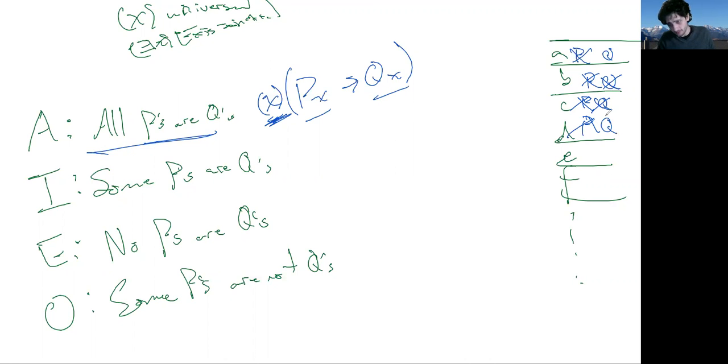The idea is, let's say we have all of these objects, and just like before, with the universal quantifier, we need to go down this list and make sure that this sentence is going to be true for everybody. For the and, I needed no X's at all because I needed everybody to be a P and a Q. That's why that didn't work at all, because I'm not trying to say everybody's a P and a Q. I'm just saying if you're a P, then you're a Q. And for that, we just have to be good at the conditional truth table.